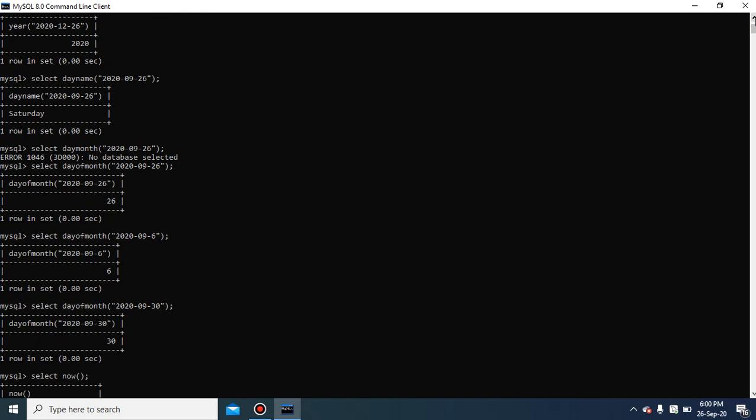So date and time functions, numeric functions, and string or text functions come under the category of single row functions. In the next class we will start with the multiple row functions, which are also known as aggregate functions. That will be in the next class, and I'll take the revision class also.